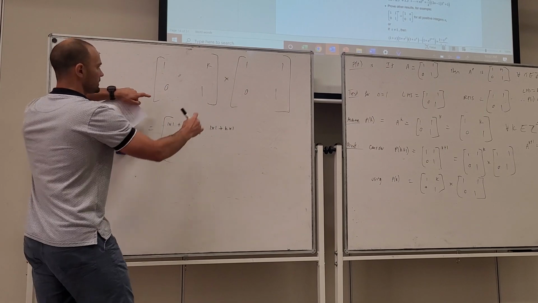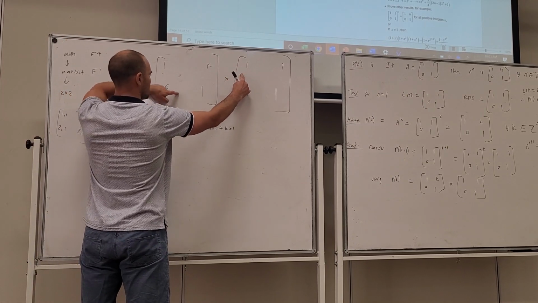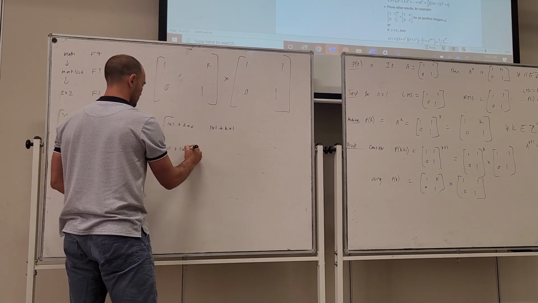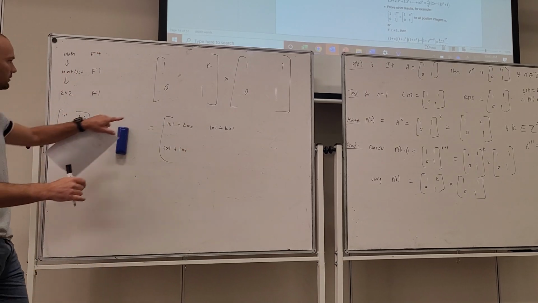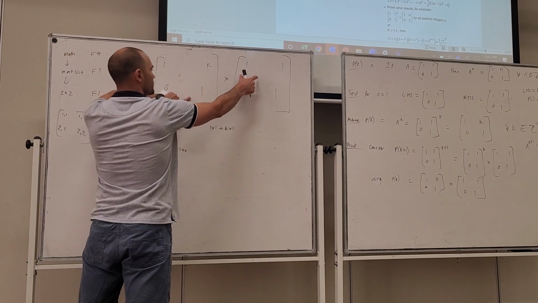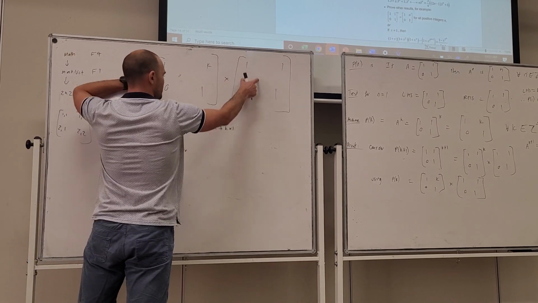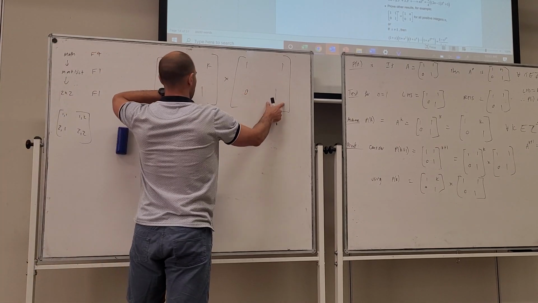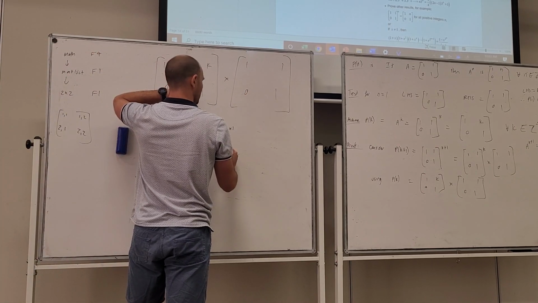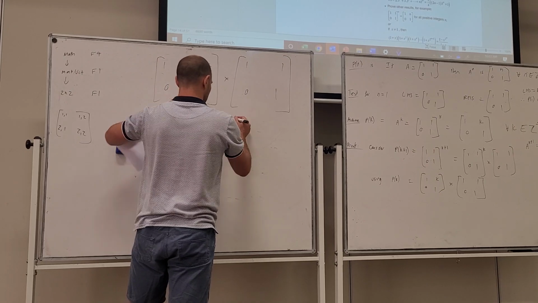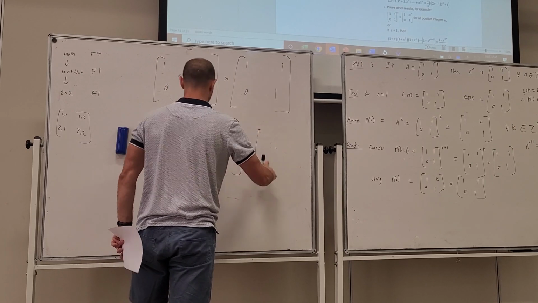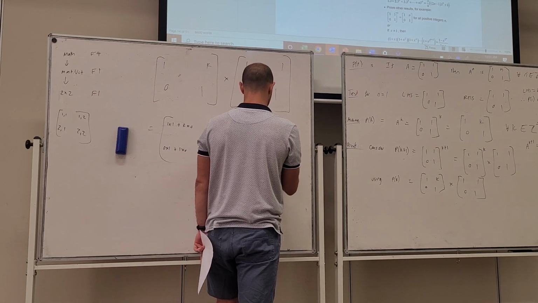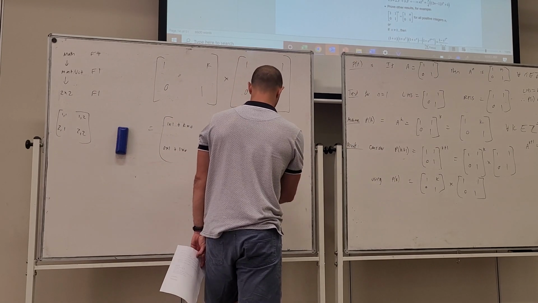Okay, in the third cell, 0 times 1 plus 1 times 0. Alright, that's the second row times the first column. And in the last cell, we'll have the second row times the second column, 0 times 1 plus 1 times 1. Now if we evaluate that, we'll have 1, k plus 1, 0 and 1, which is P of k